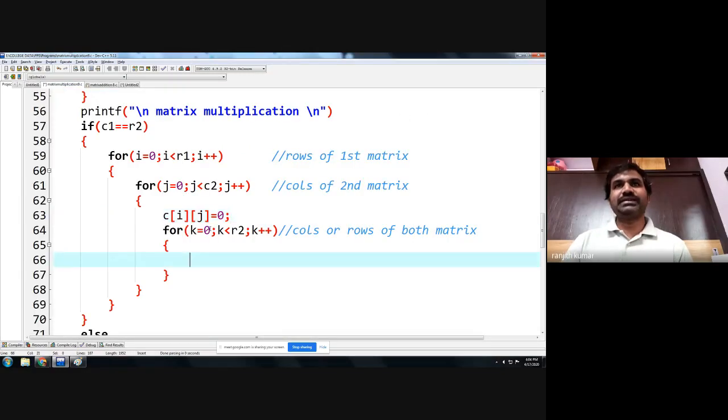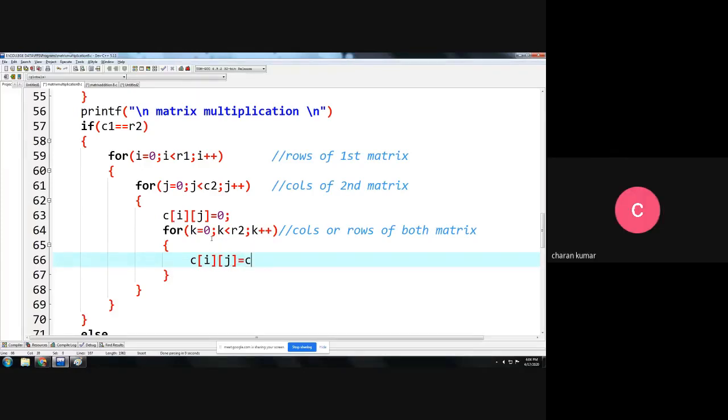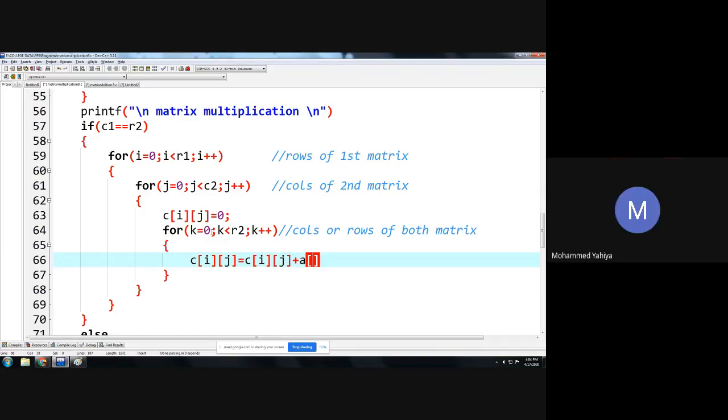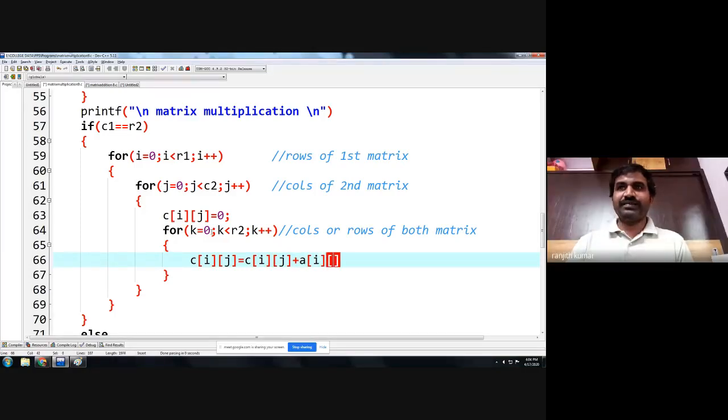So let us do this. Now the values: C of ij is equal to C of ij plus A of, plus B of. Assume that we are not writing anything here. Let us calculate how we are writing that. Assume that